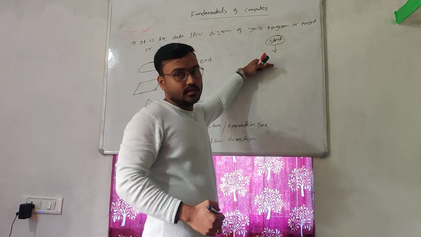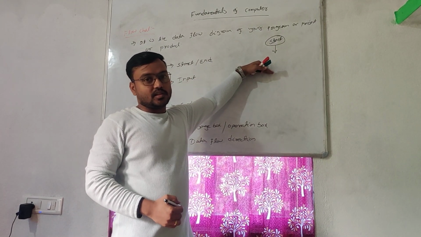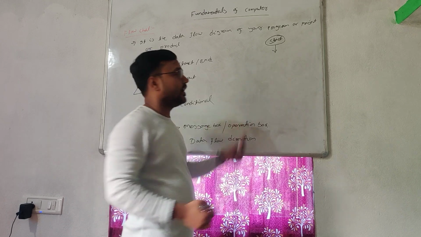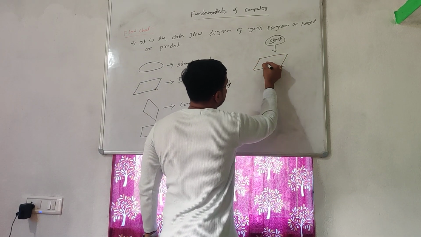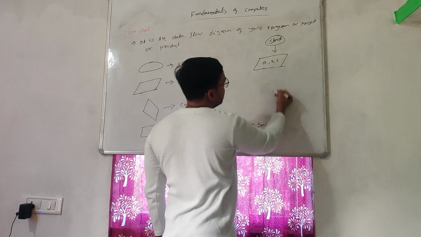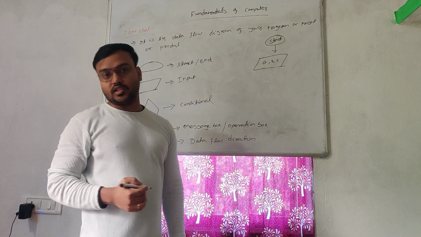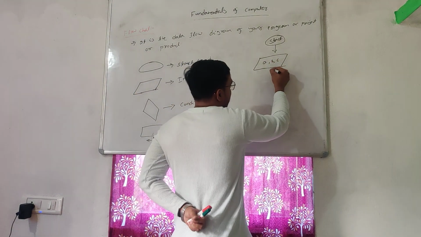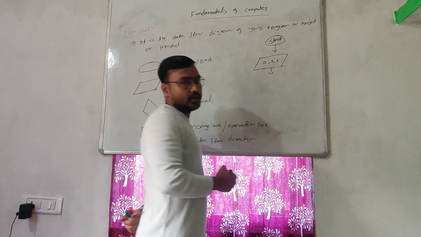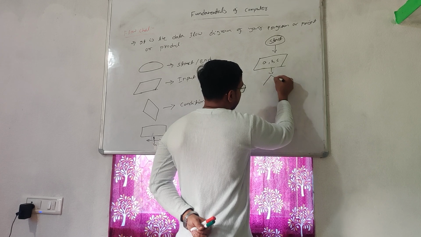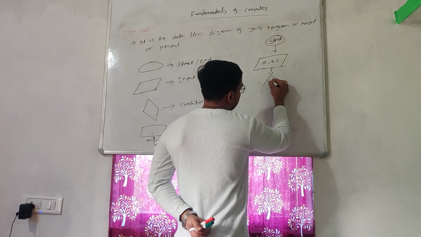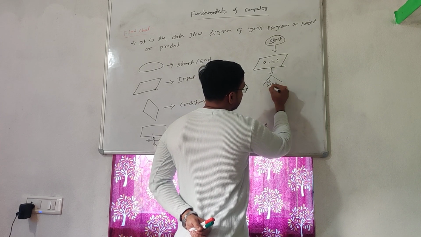The next step was taking the input for A and B. I need the input box A, B, then C. C is for storing the result. Once I have that, what will I do? I need to check whether B is 0 or non-zero. So what do I need? I need a conditional box. If B is not equal to 0,